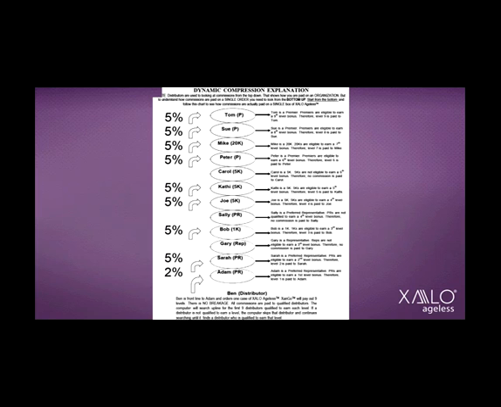Ben's a new distributor signing up under Adam. Ben's going to place an order. It's 100 points, and so now XALO needs to pay out that order. From Ben, his sponsor is Adam, who's a preferred rep, and preferred reps are eligible for level 1 bonus, so that gets paid to him. Sarah's a preferred rep, so she gets level 2. Gary is just a rep.